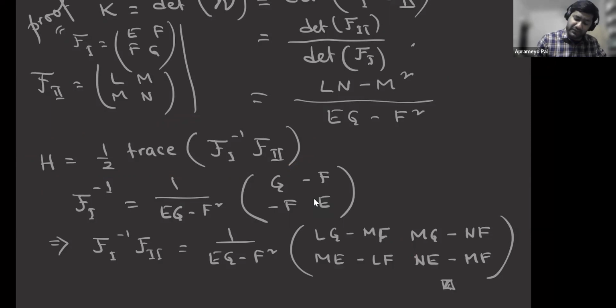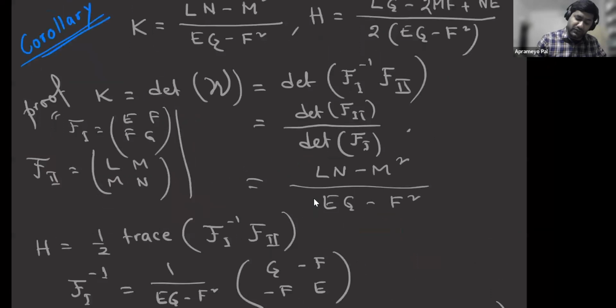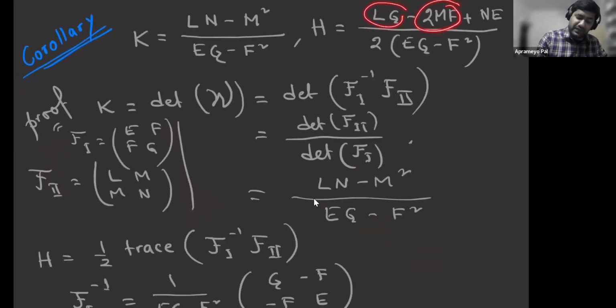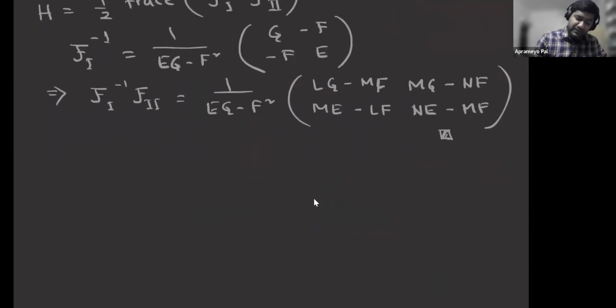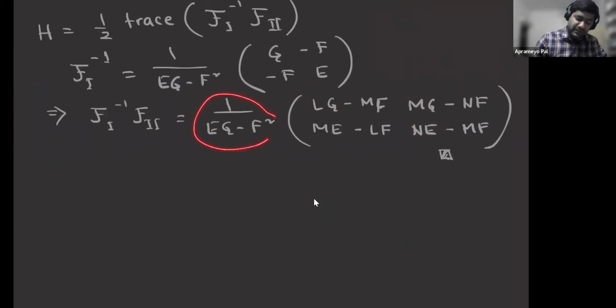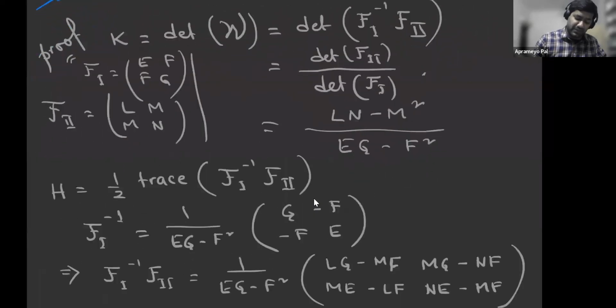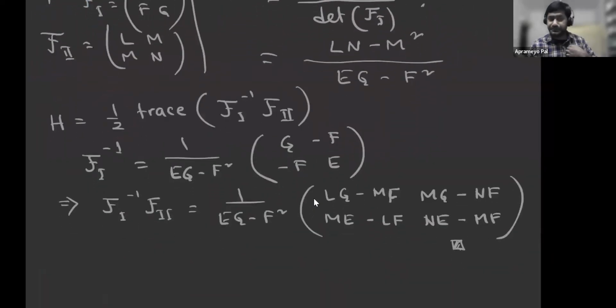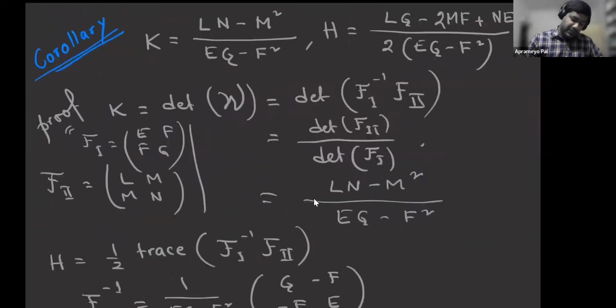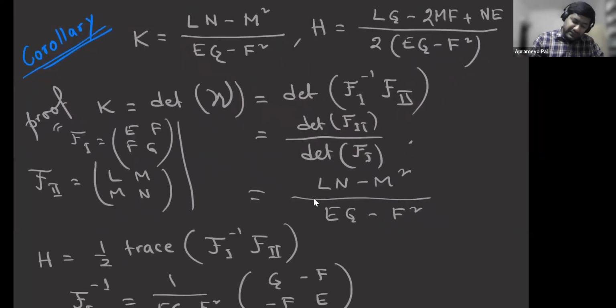Here's Lg minus Mf. You could see minus Mf, that's minus 2 Mf, and Lg and Ne are here. This is the coefficients from the front, and the 2 is coming basically because of half of the trace. Okay, that's easy. But even though that's easy, it gives us a very nice formula for computing the Gaussian curvature and